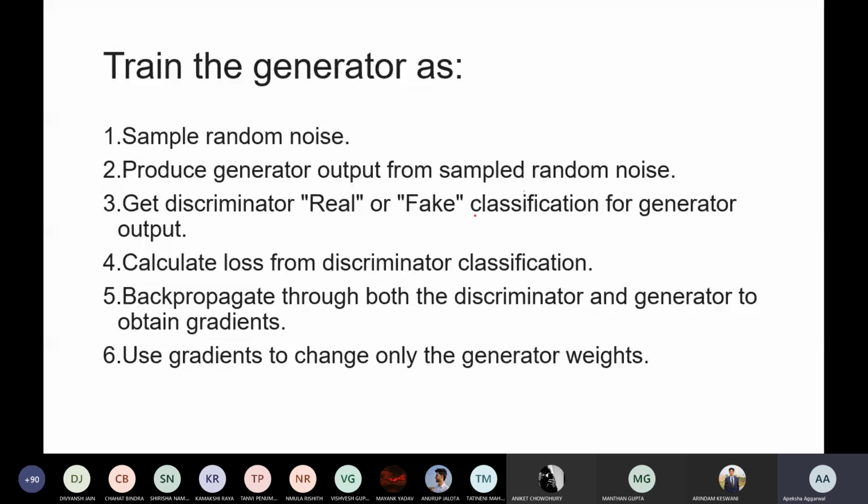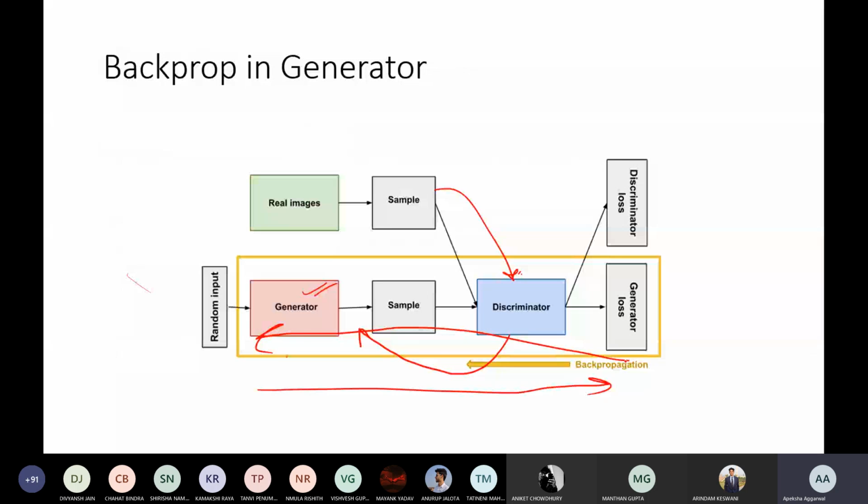So the discriminator will tell whether it's real or fake. It calculates loss from the discriminator classification. The discriminator is saying, okay, the image that you have generated was this percent fake and this percent real. So using that loss, it will backpropagate. It backpropagates from this output, where the discriminator is saying it was this percent real or this percent fake,